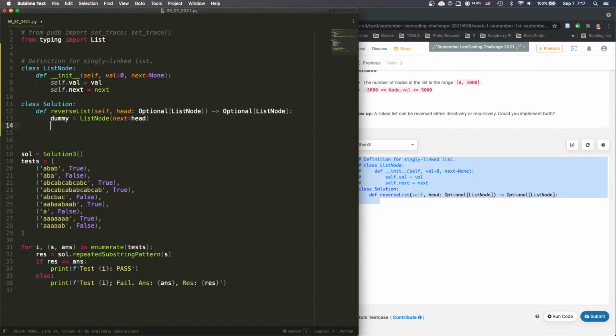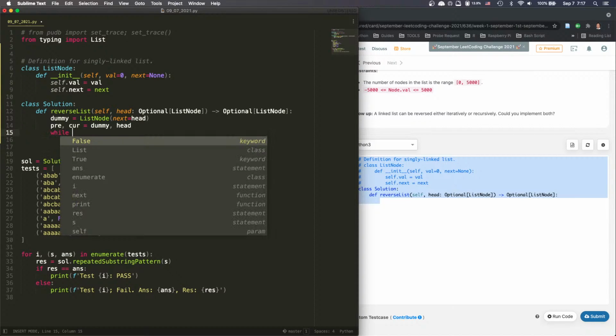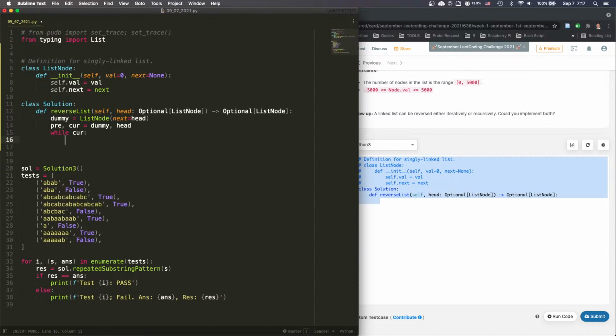And then I remember we need to have three, the pre-current. All right, so I think pre-current equals dummy and head, right? And we say while current, right? So while current